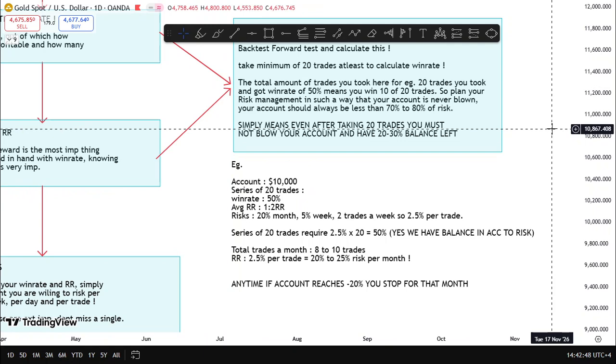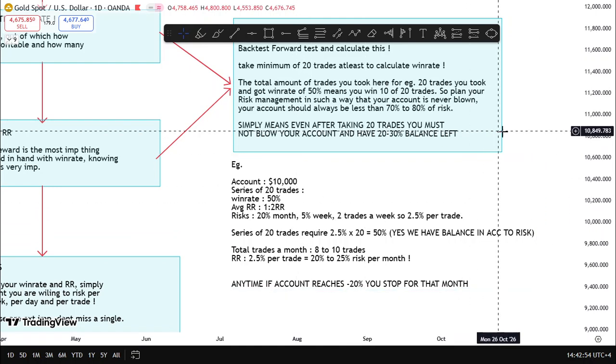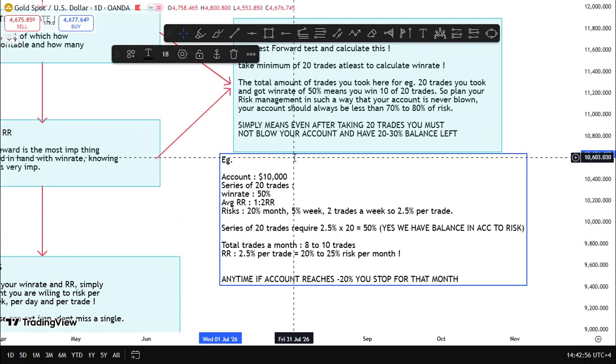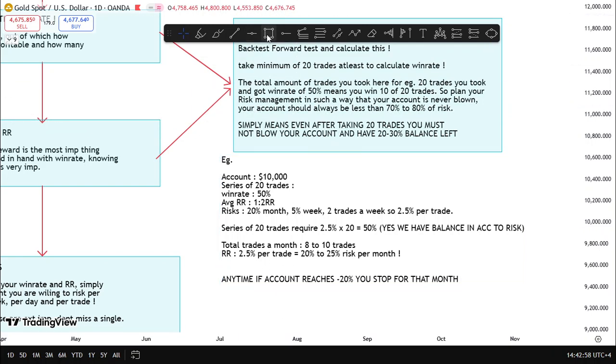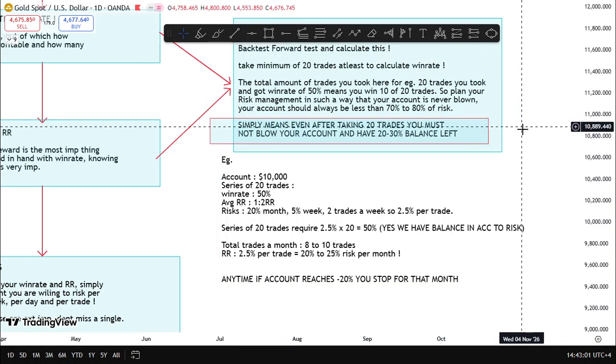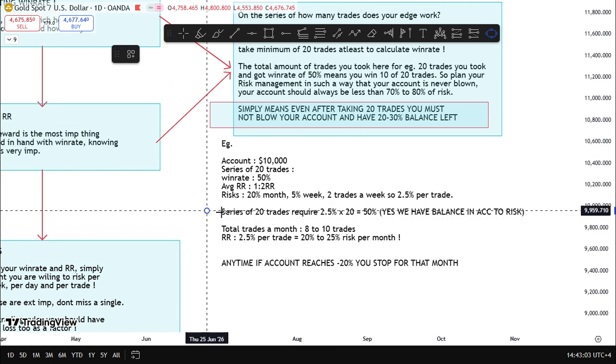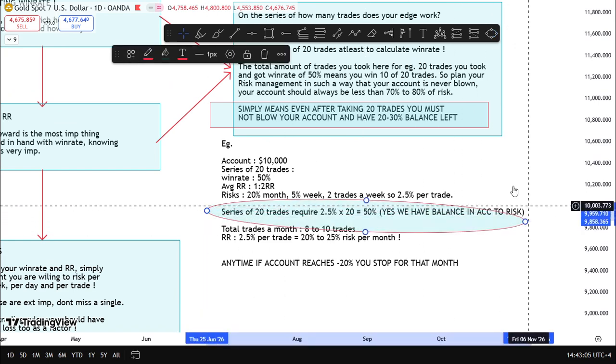Actually, win rate should be calculated on 50 or above trades. So these are the risks that we defined over here, 20%, 5%. Now, what does this statement over here mean about a series of trades? What this statement means is that after a series of 20 trades, which require